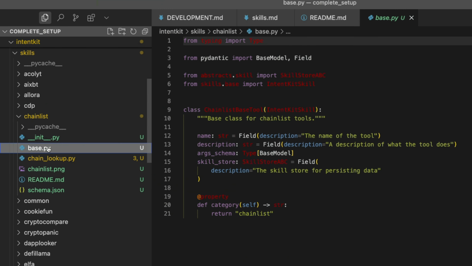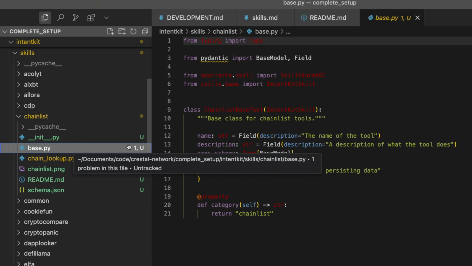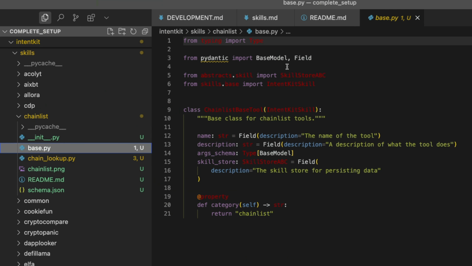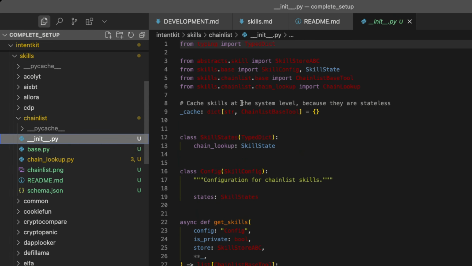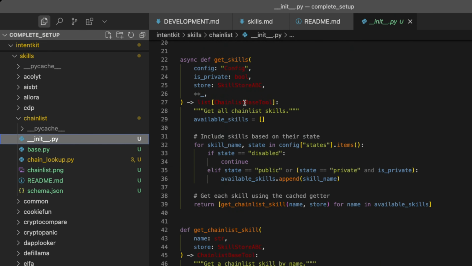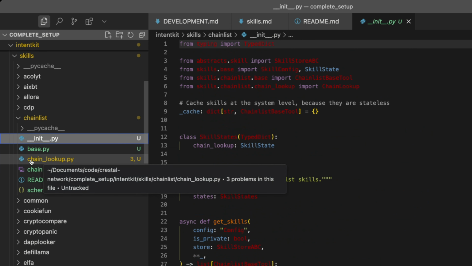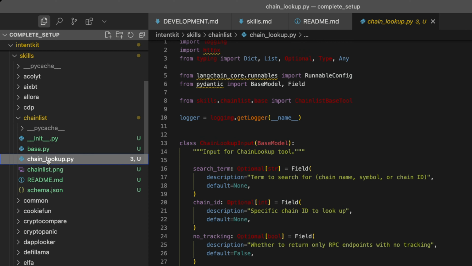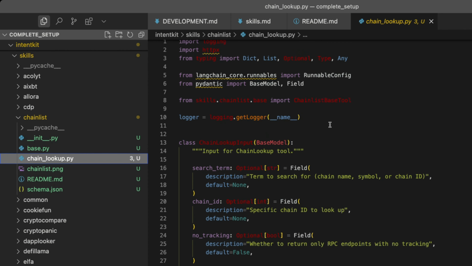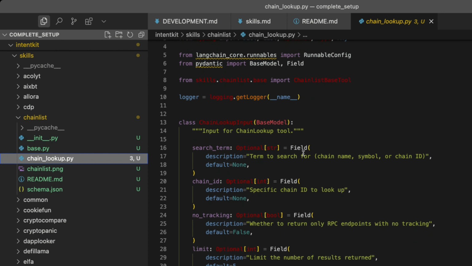The first thing is that we need to create a base.py file that looks something like this. A detailed description of this is in the docs, and we need to create an init.py file that looks something like this. The skill that we have implemented is chain lookup. When you type the name of a chain, maybe a chain name, a symbol, or a chain ID, this skill is going to call the API and get you the RPC URLs and all the details